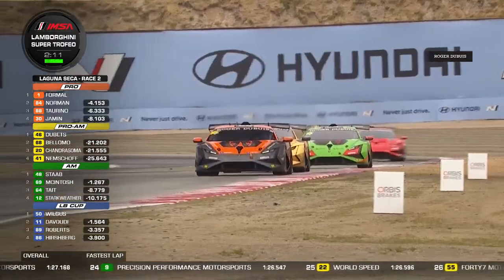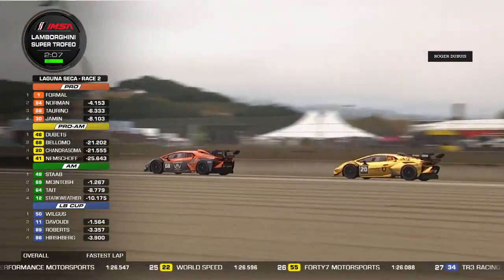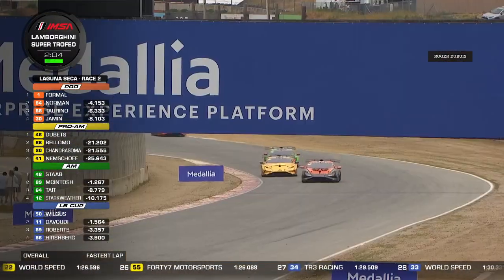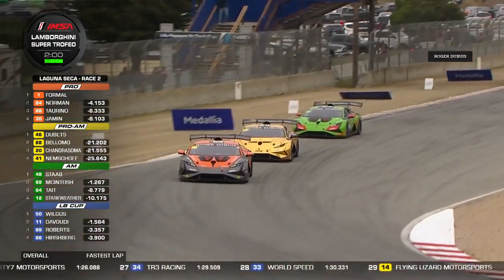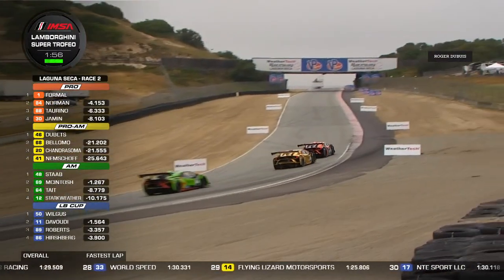Chandra Soma then in that gold car, third place now in Pro-Am. Directly ahead of him is the second place car in class. That's a battle not only for 10th position overall, but also second position in Pro-Am. Chandra Soma looking to make that pass, but still tucking in right behind him is another AM class contender,